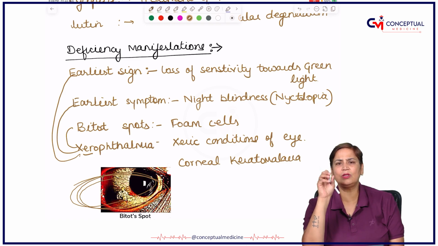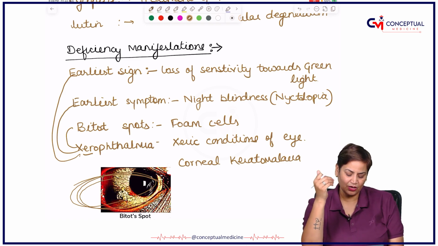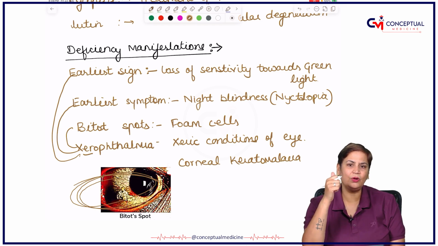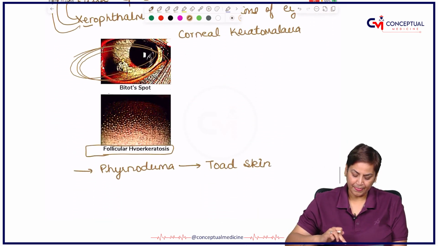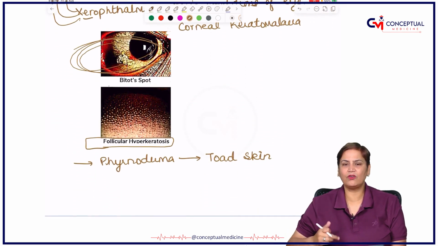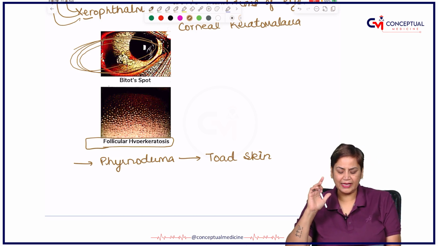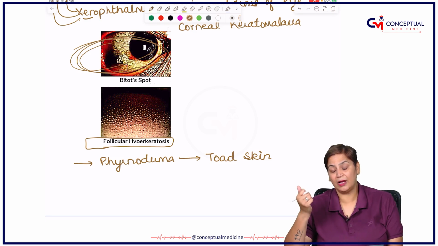Overall it will lead to the formation of foam cells leading to Bitot spots, and we can call it xerophthalmia. Second, vitamin A forms are required for growth and cell differentiation also. So if it is not there, it will lead to hyperkeratosis, follicular hyperkeratosis, and